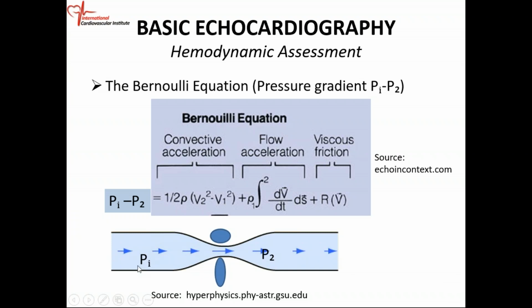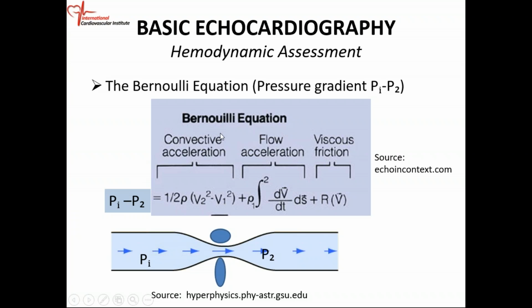So therefore, you expect the pressure at point 1 to be greater than the pressure at point 2. Okay? So the gradient is the difference in pressure. So it is P1 minus P2. That is the gradient. Okay? Because you have flow from this point to this point. The fluid is flowing in this direction. So therefore, the pressure at point 1 has to be greater than the pressure at point 2 for you to get the flow. Okay? So what Bernoulli came up with was the gradient, which is the difference in pressure, is